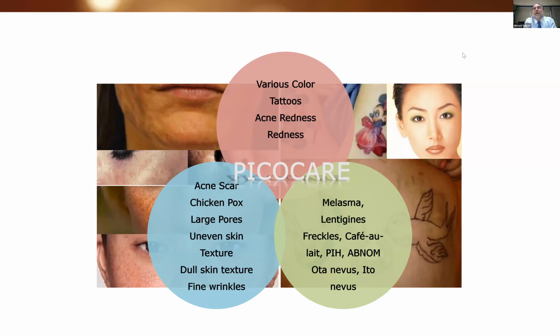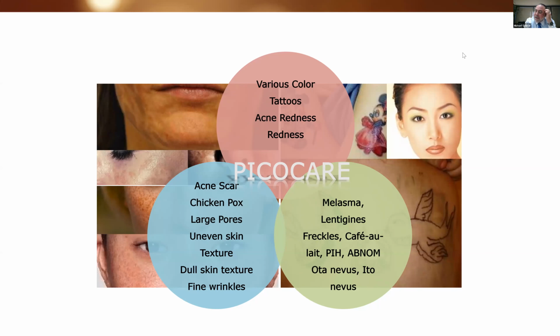Also, because of some social things that go on with people, a tattoo that's visible sometimes stops them from getting employment, stops them from getting promotions, stops them from being in the right social situations. However, having said that, there are people that love tattoos, and if they want their tattoos, that's fine. But we're in the business of removing tattoos.